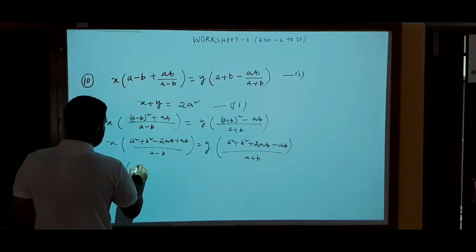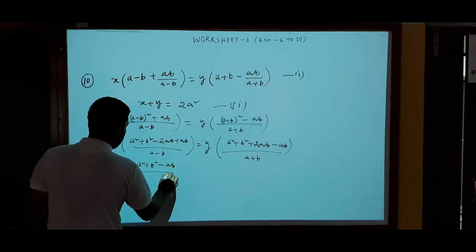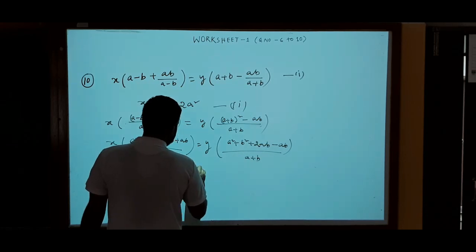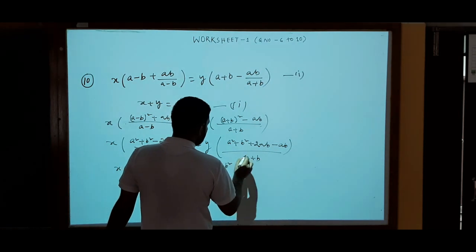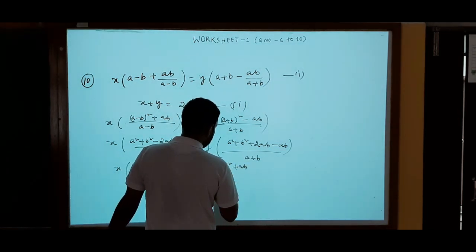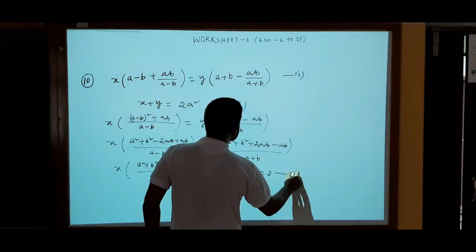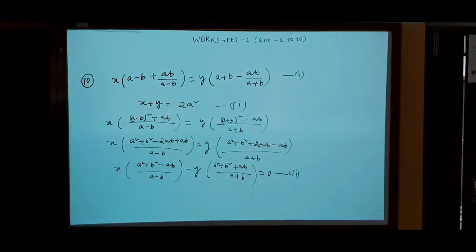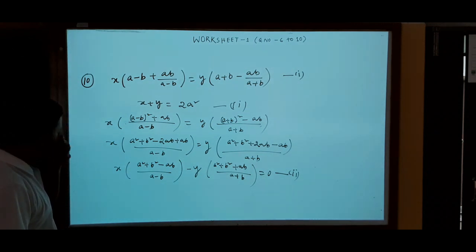So x a square plus b square minus 2ab plus ab minus ab upon a minus b, and this term I'll bring here. I'll write a square plus b square plus 2ab minus ab plus ab upon a plus b equal to 0. This is our equation number 2. Correct? Now check. This is equation 1 and this is equation 2. Now suppose that you want to eliminate